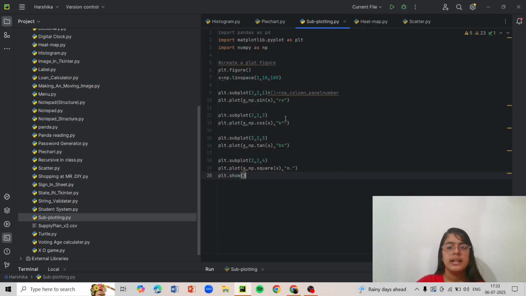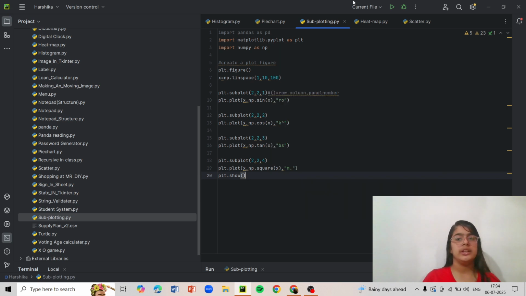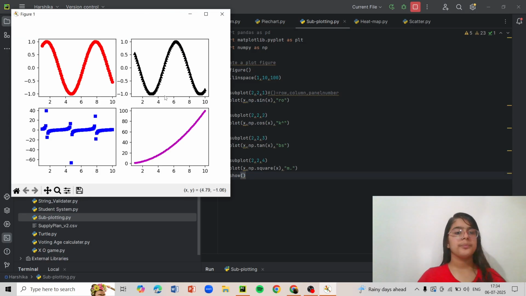Same goes for everyone. K means black, B means blue, M means magenta, and in front of it are all the ones I've used. This means triangle, it's a really nice one. Next, I've done the same for all of the subplots. I've used np.sin. NumPy is used in many charts because it gives a proper figure and a proper space for the chart to expand and to show clearly. I'll show the subplot once again, and then we'll go to the last one. These are the 4 subplots: sine, cos, tan, and square.